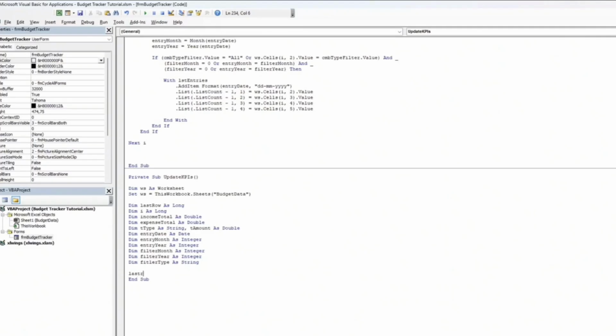Then we're going to set last row equal WS.Cells(WS.Rows.Count, 1).End(xlUp).Row. And now we're going to pass the month filter. So we're going to do: if CMB month filter.Value equal "All", then filter month equals 0,